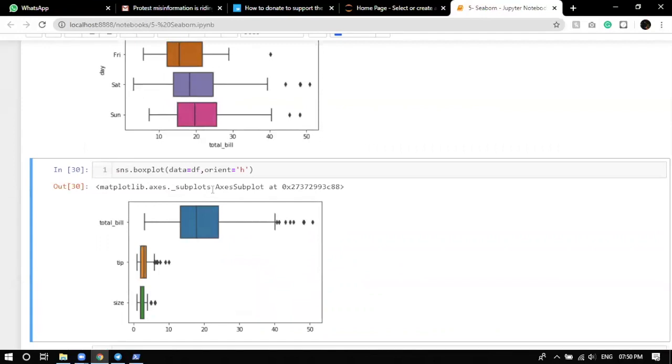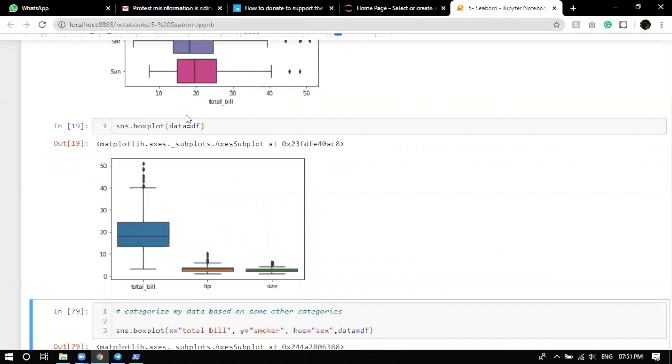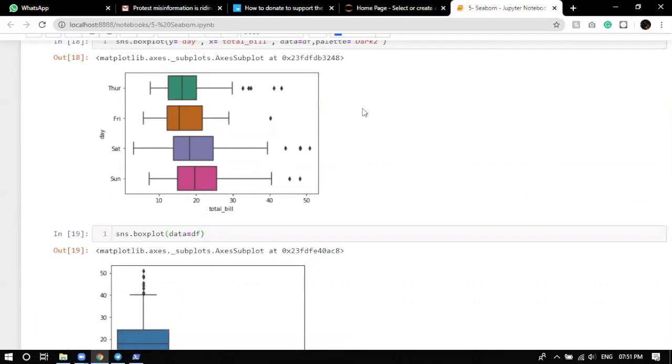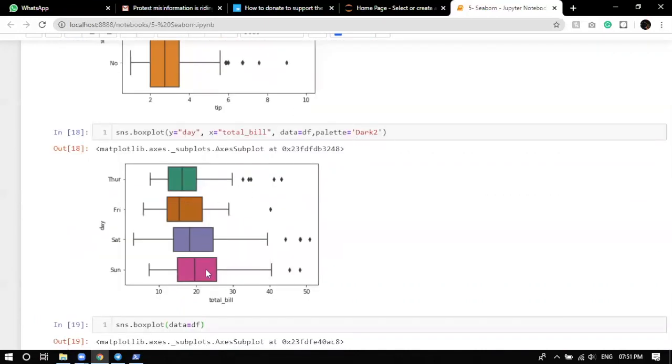Now if you want to change the orientation. If you want the horizontal orientation, keep it; if you don't want the horizontal orientation, remove it, and there will be no vertical orientation. As simple as that. This time you can see we haven't specified the horizontal orientation here, but it's still horizontal because we exactly specified the values of x and y, where exactly you want them to be.